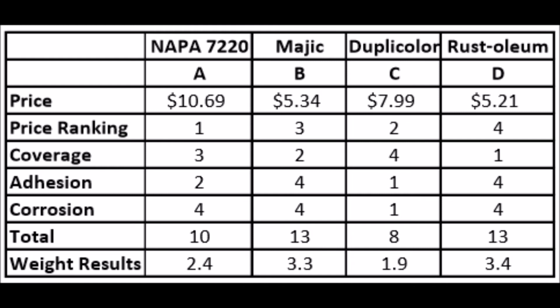And where there was a tie, both of them would have ranked a 4, but then because 3 were tied for the top, the next number down has to be a 1 for the Dupli-Color, which wasn't so bad during corrosion, but it did have some obvious indentations left from the salt that I wiped off